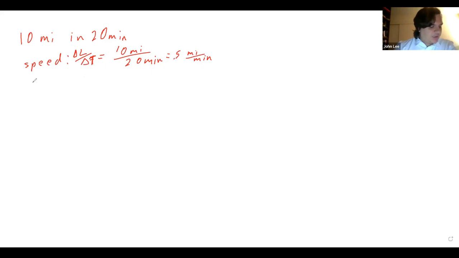So what this is giving us, 0.5 miles per minute, is a value in units that aren't that useful. So what you do is you treat